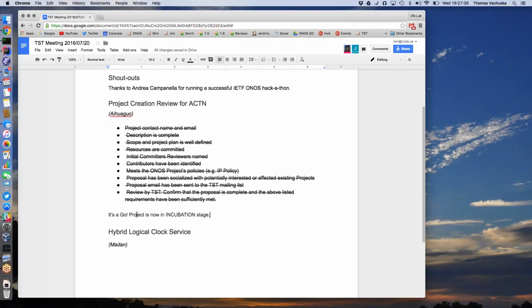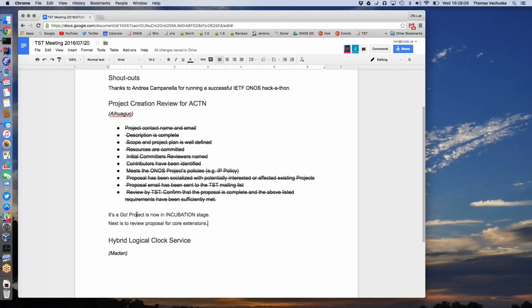Sure. So my other question is, I believe that the review for our proposal for core TE extension needs to be carried out sooner rather than later, because the implementation and design depend on whether it is accepted by TST or not, and the concerns that need to be addressed.